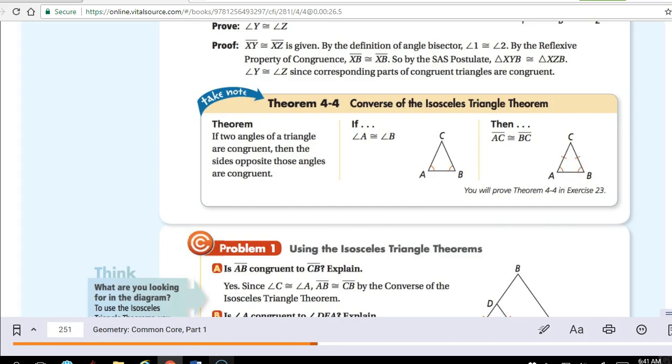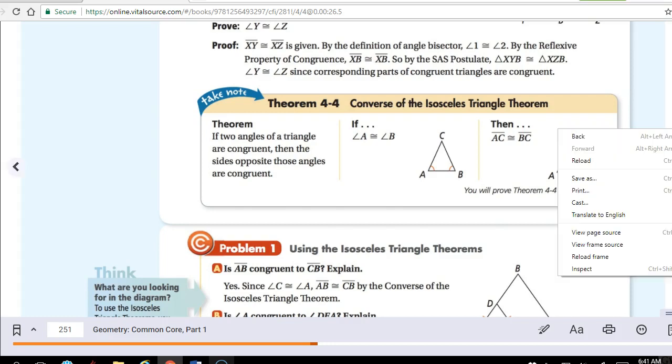And the opposite of that is also true. If the two sides are congruent, then the two angles opposite them are going to be congruent. And remember, a triangle that has two sides congruent is called an isosceles triangle. So let's look at